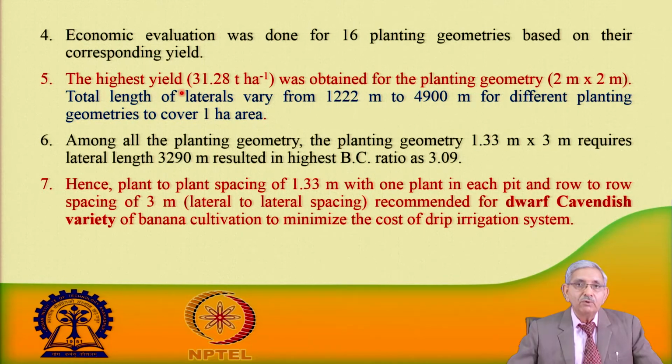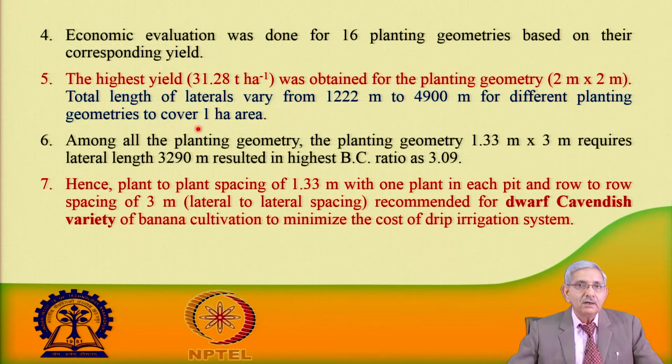4900 meter was for 2 meter by 2 meter spacing, whereas this one, which I was just showing you, had 4 plants, and then the lateral spacing was 8 meter. So, this way we looked at the data as well as the length point of view, and what we found is that this is giving the best response: 1.33 meter plant to plant spacing, and 3 meter row to row spacing, which required